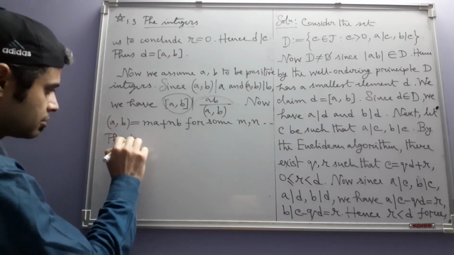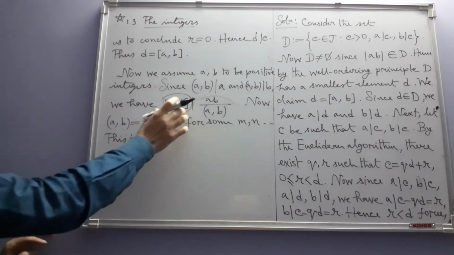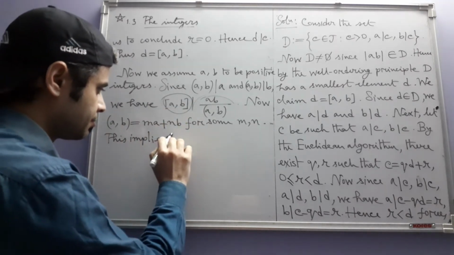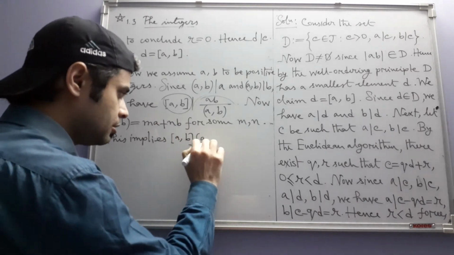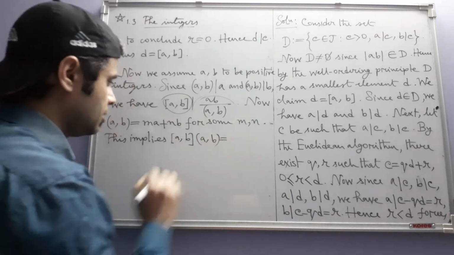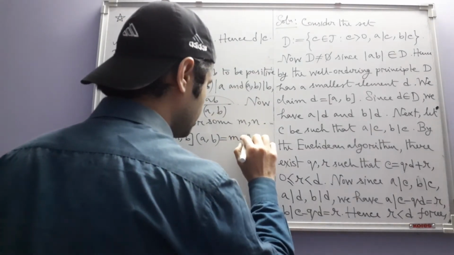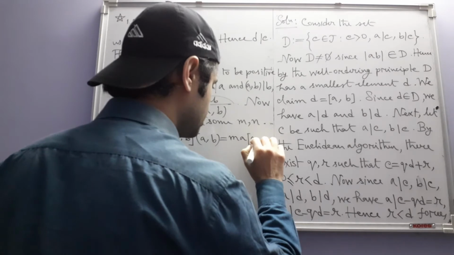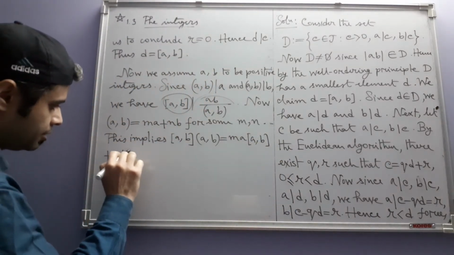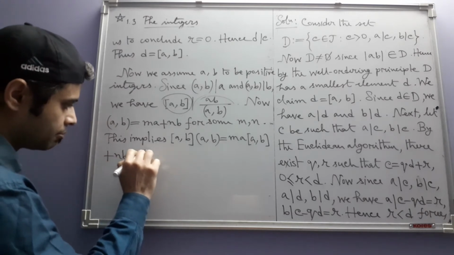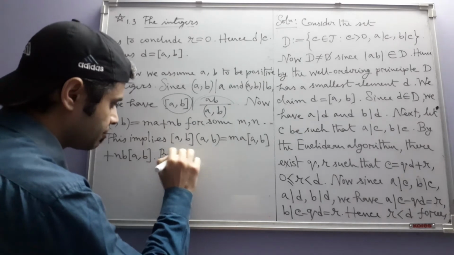This implies, now multiply both sides by the LCM. What shall we get? LCM times GCD is equal to MA times LCM plus NB times LCM. But we also have